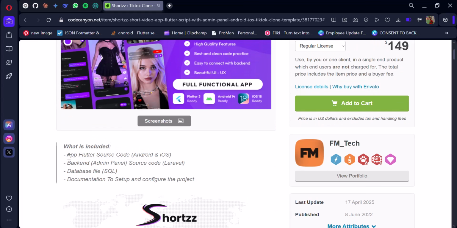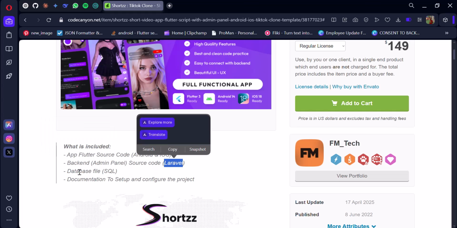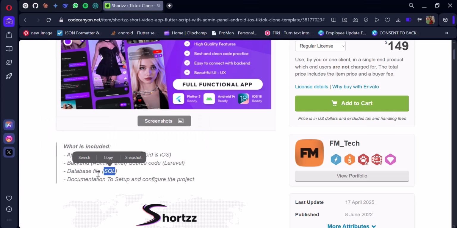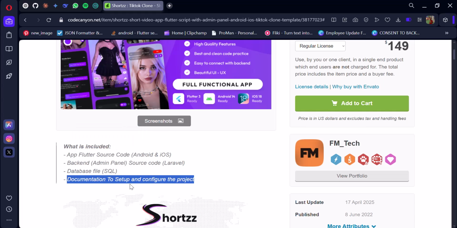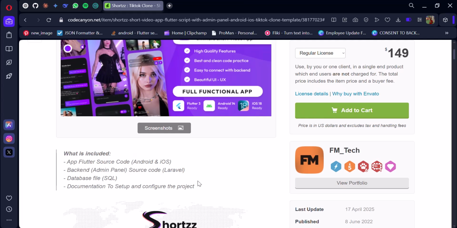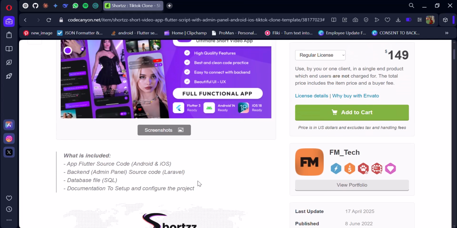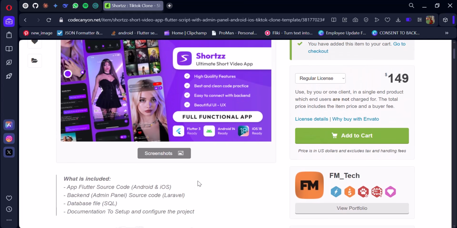So this app is a Flutter app. It has a Flutter source code. It has a backend written with Laravel and the database file in SQL. And yeah, there's a documentation to set up and configure the project directly. So you want to go ahead to look at all this, and once you're sure about this application and it suits